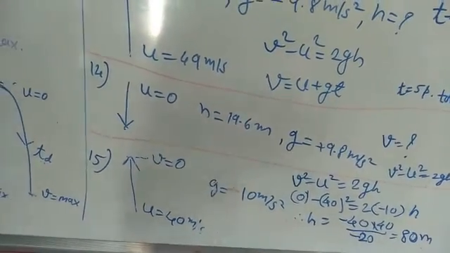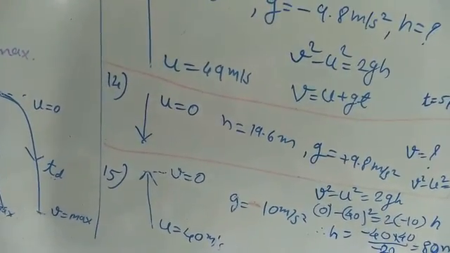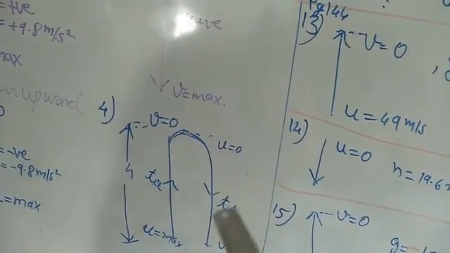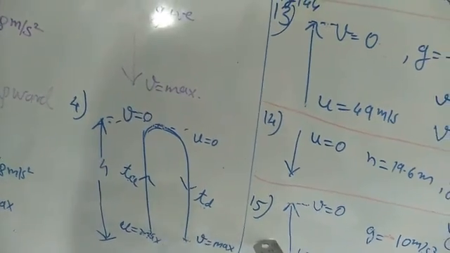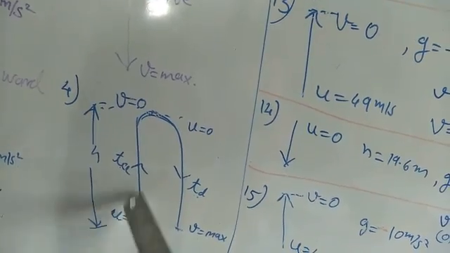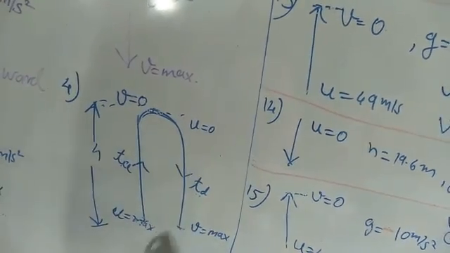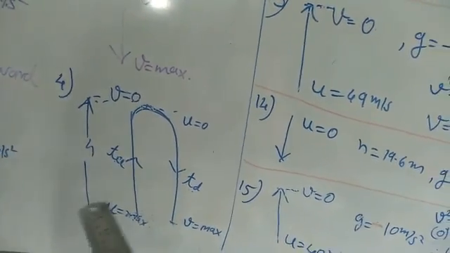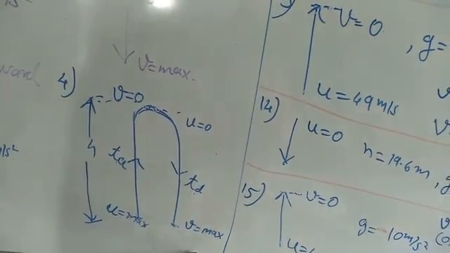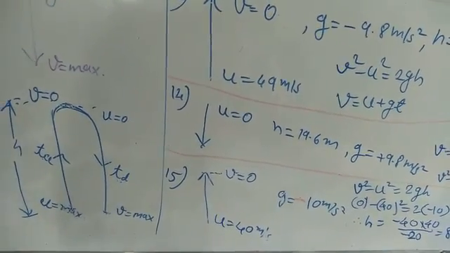Now here the distance and displacement both are asked. Distance is a scalar quantity, so how much it goes up, that much it will come down. So 80 meter up, 80 meter down, so total distance will be 160 meter. Now it is asked displacement also. Displacement is a vector quantity. If this quantity you take positive, this you have to take negative. Vector means it will have sign, it will have direction. So if this is positive 80, it will be negative 80, and total net displacement will be 0. So distance will be 160 meter while the displacement will be 0.